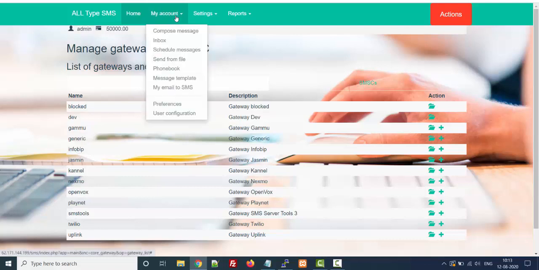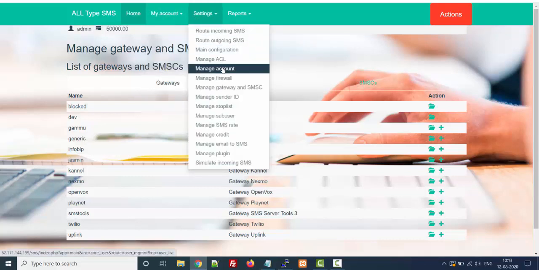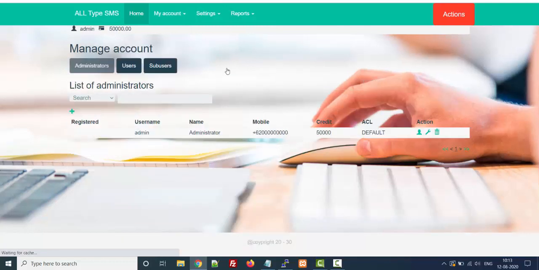Now let me show you manage accounts. At present I am the admin, and this is my admin section. Admin can create users like a reseller, who is able to create many accounts under his account. A reseller is able to give credit to his own users.